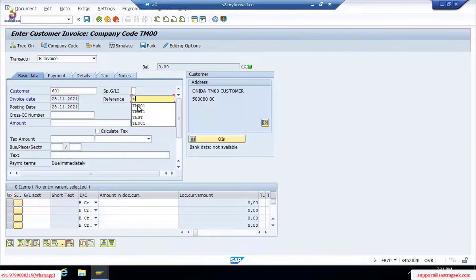As we thought this is the first invoice, let us take TM00. Sales invoice will be generated from our Tata Motors end. Then amount, whatever the amount, take a little bigger amount, so that when we look at the balance sheet, sales will be more comparatively to our purchases. Text, being sold so and so services, we can give.